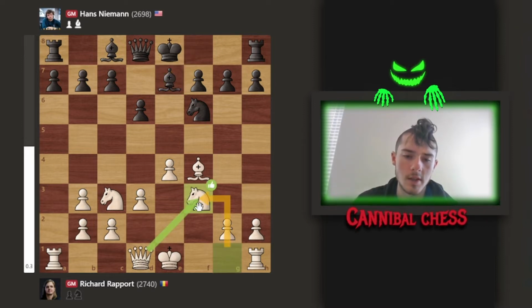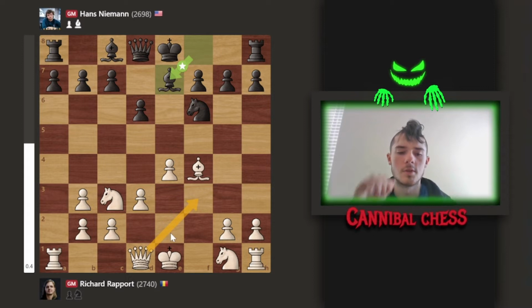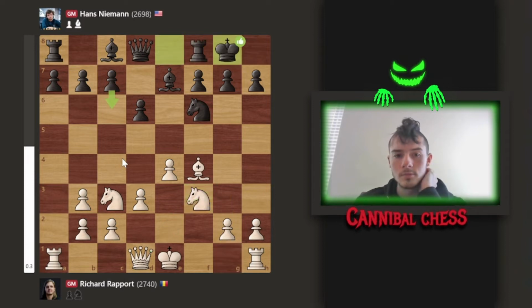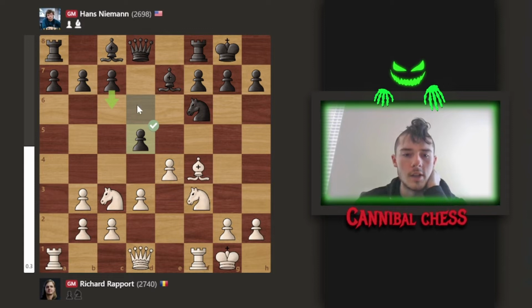Richard has the same idea of just getting ready to castle, and the computer's saying here that for Richard it would have been better to bring his queen to f3, and then possibly do something like knight to e2 instead, just slowly developing. But it is also fine to go knight f3. Both moves are almost the same accuracy level. They're both fine moves. So he goes knight f3, and here Hans castles, Richard castles,